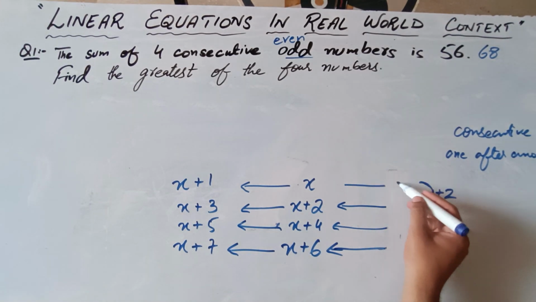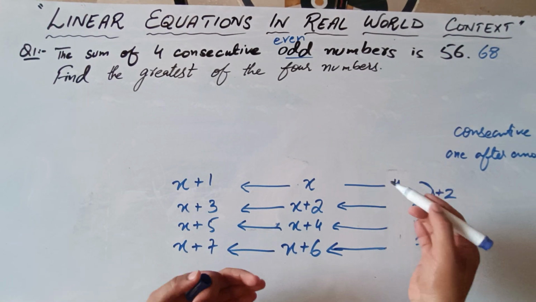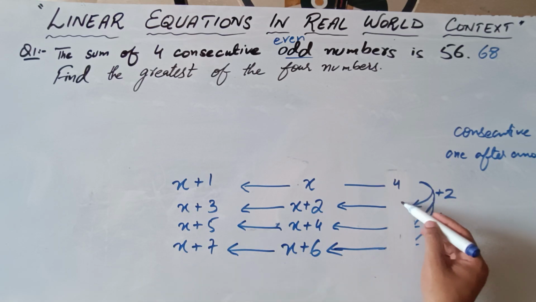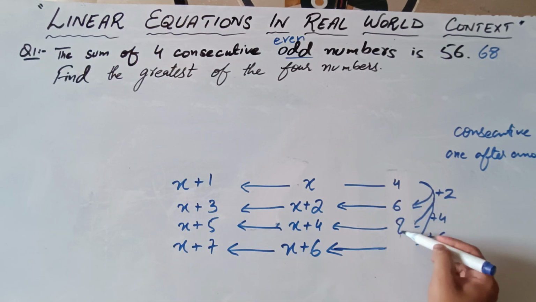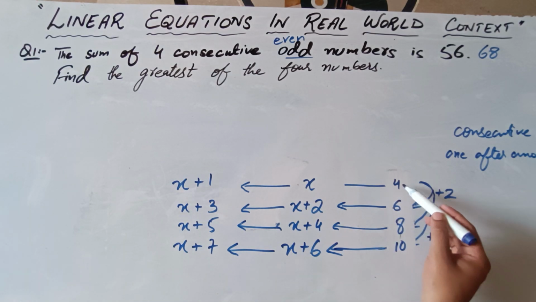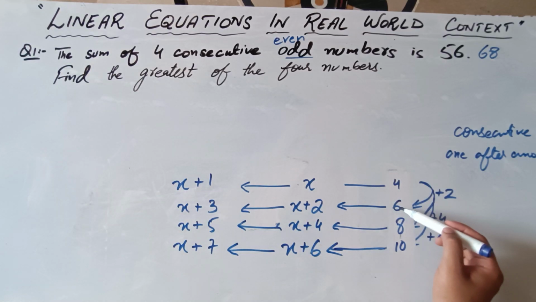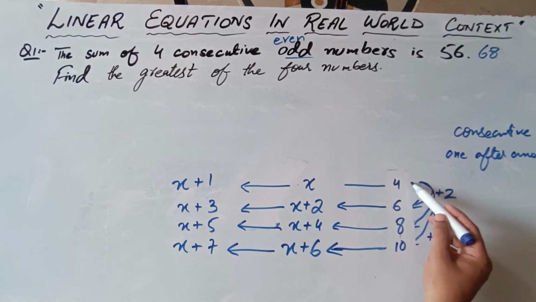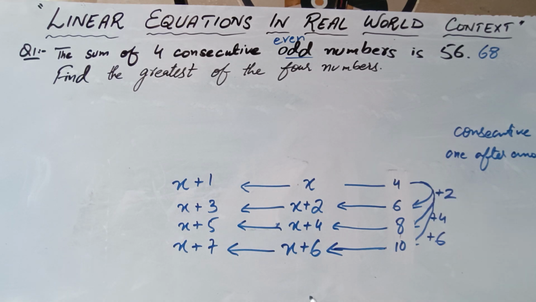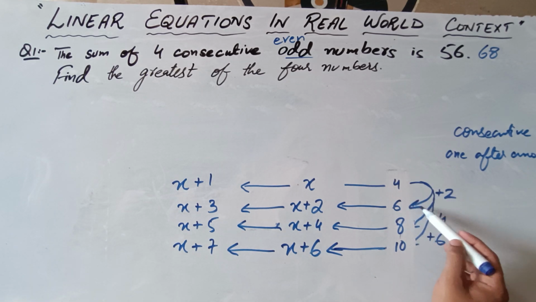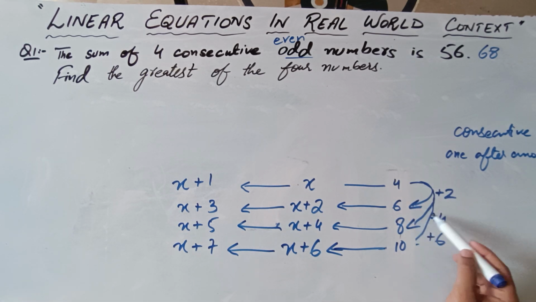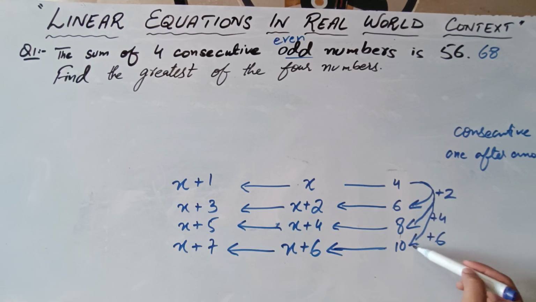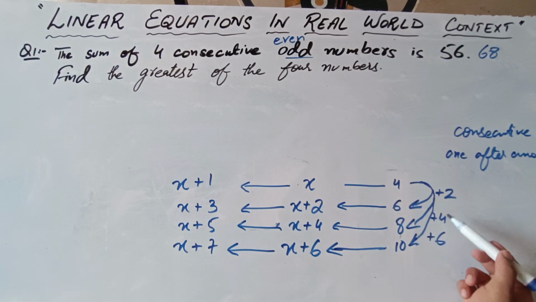For example, we are considering any even number as the first even number; the gap will remain the same. Now 4, after 4 the next consecutive even is 6, then 8, then 10. What do we have to do with 4 to get 6? We have to add 2. What do we have to do with 6 to get 8? We have to add 2 again. Again we have to add 2 to 8 to get 10. Means the gap will remain the same.